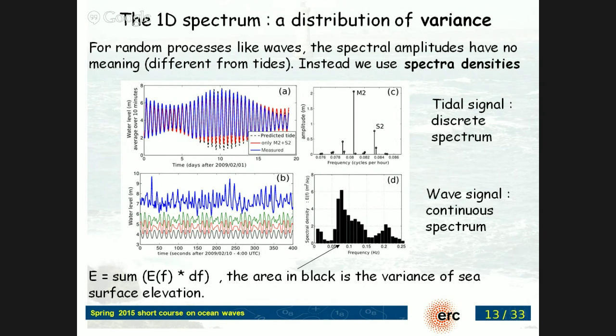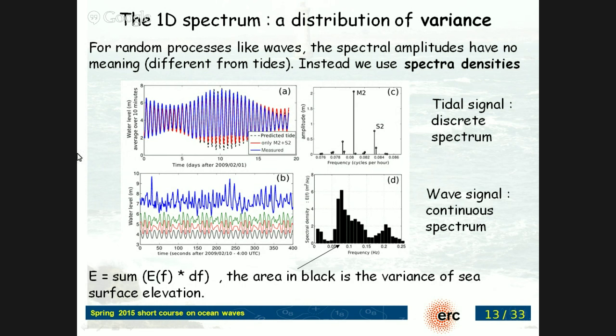In this example, you have a water level record. I think it's coming from one of the islands here, around here. You have measurements here for 20 days, and you can see the high tide and the low tide and high tide. Here you have the neap tides, and here you have the spring tides around September 10. With the tide, you can actually reconstruct most of the signal by summing just a few components, knowing the amplitude and the phase.